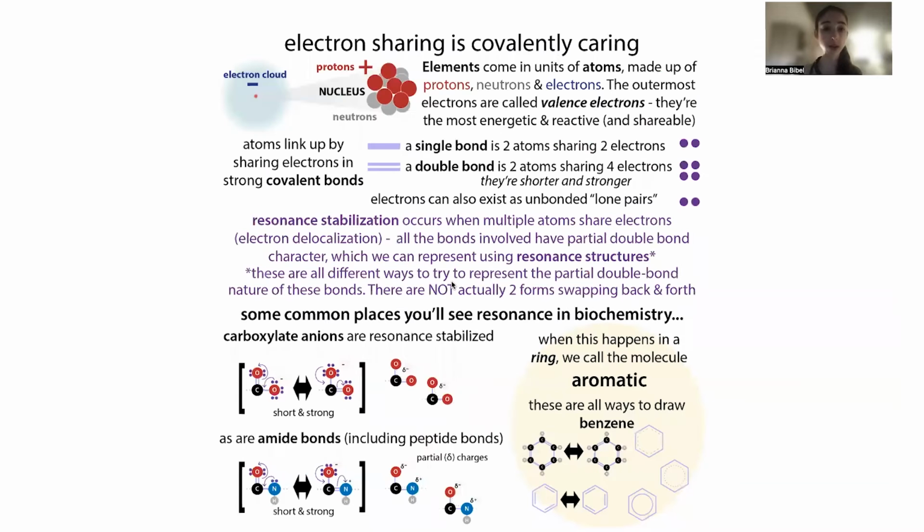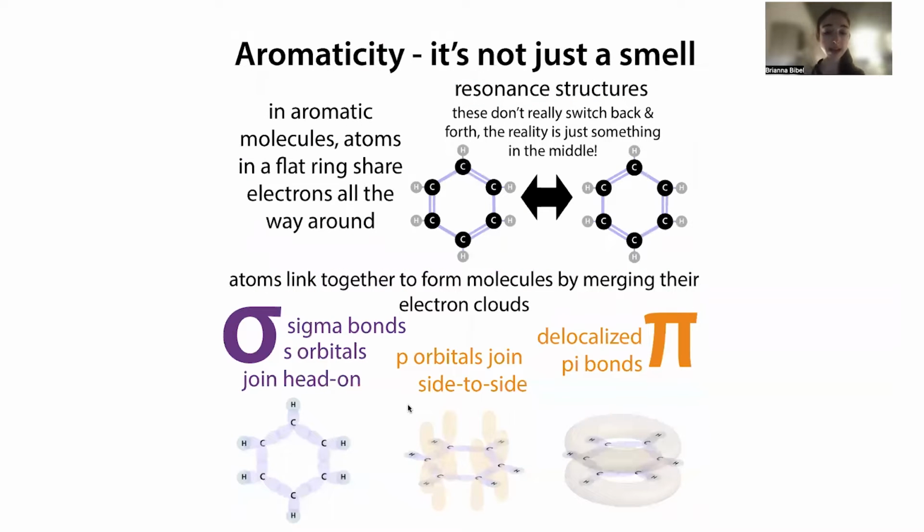And so this is what we call electron delocalization or resonance. So basically, in addition to forming these bonds, in addition to having lone pairs, electrons can be shared among multiple atoms. And we call this electron delocalization or resonance. We see it come up a lot in biochemistry, in things like carboxylate anions and amide bonds, so like peptide bonds. You also see it in aromatic rings, so